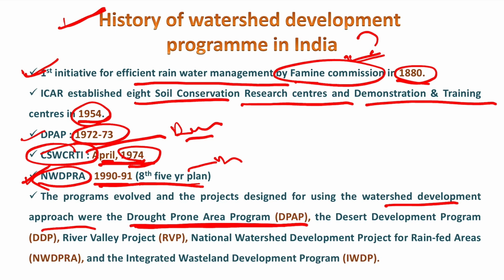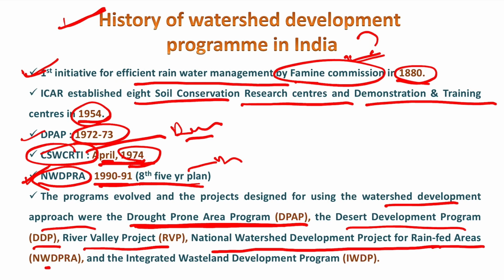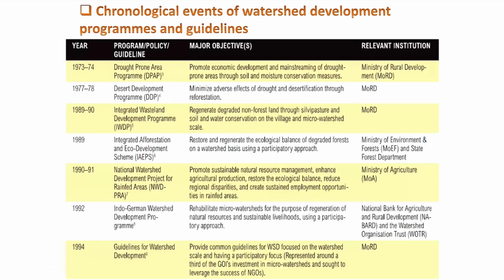These are some more programs, like the Drought Prone Area Programme, then the Desert Development Programme, River Valley Project, National Watershed Development Project for Rainfed Area, NWDPRA, which we discussed, then the Integrated Watershed Development Program. So these are some programs which were initiatives by the Government of India to develop and enrich watersheds. And these are certain chronological events of watershed development programs and their guidelines and objectives